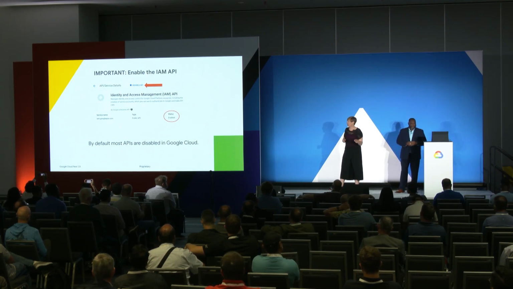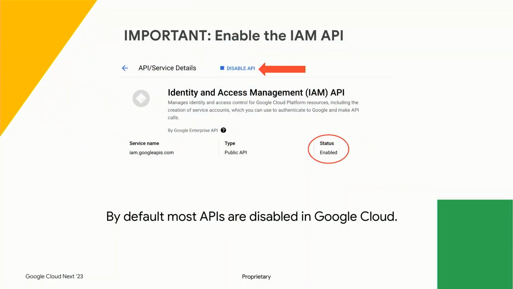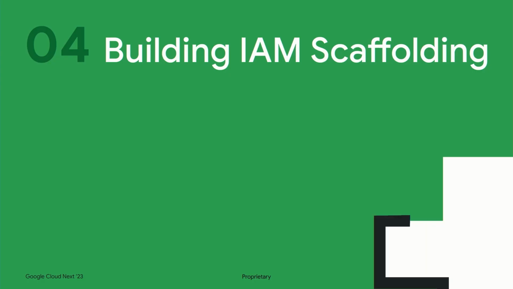Another point to remember: the API is not enabled by default. In fact, most Google APIs are not enabled by default. That seems kind of inconvenient. Why do you need to do that? Well, it's a default closed approach that we have, and that's to protect you in terms of billing, so you don't get billed for something that you didn't mean to turn on. It's also for security reasons, so that you don't enable things that you're not aware you have enabled. So remember, it's default closed, and most APIs aren't enabled by default. You can tell that Michele spent most of her career managing firewalls, can't you?